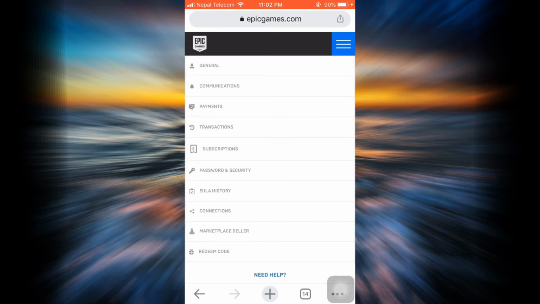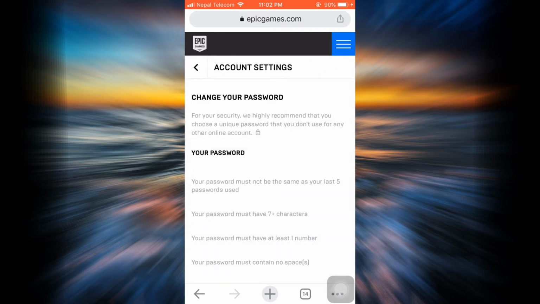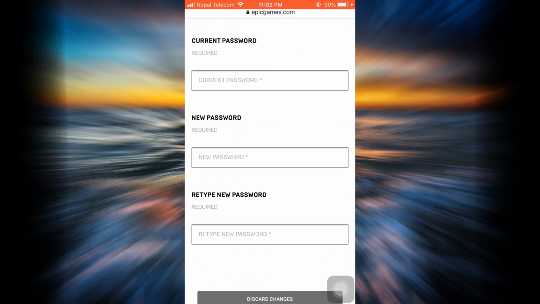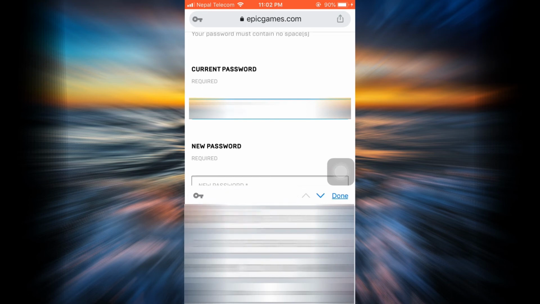Now here you will see an option that says password and security. So tap on password and security, and as soon as you do that, you will be able to change your password by first of all entering your current password. So here I'm just going to enter my current password